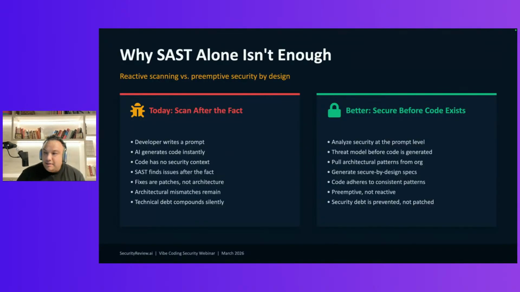So a lot of people have spent a ton of time and money and effort on SAST. In fact, even the frontier models, your OpenAIs, your Anthropics, are spending a lot of time on code security, right? So they're like, look, I'll generate a piece of code, I'll scan that piece of code and tell you whether it has security issues. It's kind of an eat your own dog food kind of thing. SAST is still a big talking point. And I mean, that's fine, fair enough. SAST is a big talking point because you want to be able to scan and validate the code that's being written and ensure that it's free of security issues. But